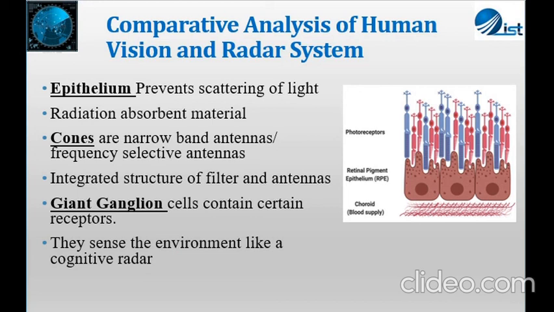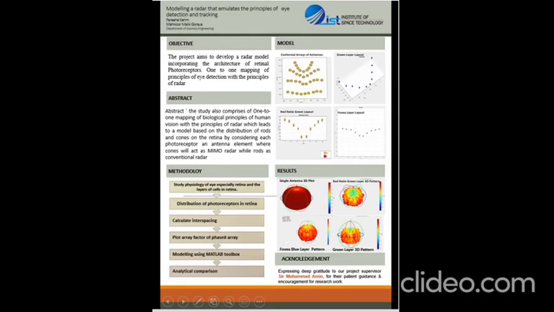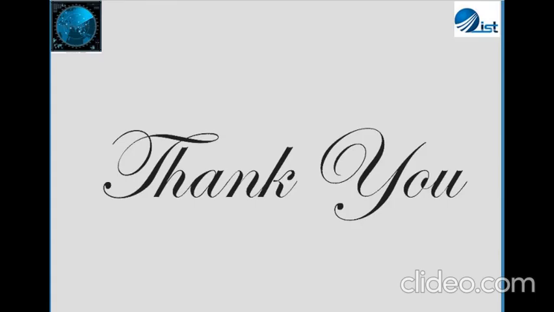The third principle is giant ganglion cells, which contain the receptors also. These are a special type of cells and they sense the environment in a similar way as a cognitive radar acts. Integrating all these principles of the eye, we can produce a more